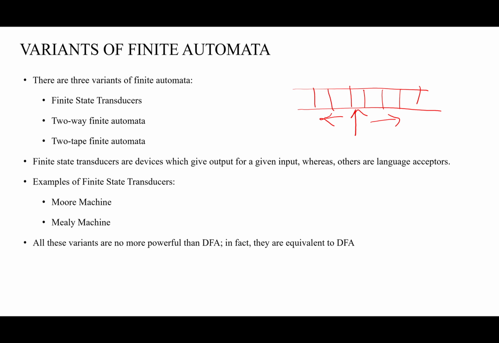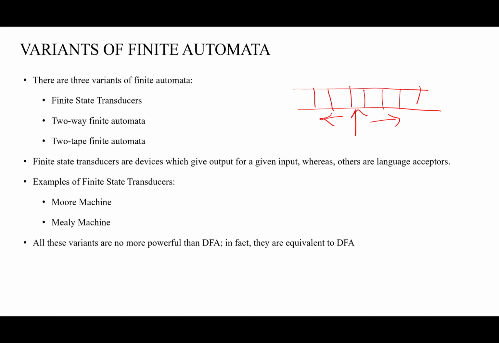And the third one, two tape finite automata. Here, two tape finite automata is a machine that uses two input tapes, each with its own read head, and transitions are based on reading the symbol from both the tapes simultaneously. Okay. So the finite state transducers are devices which give the output for a given input,